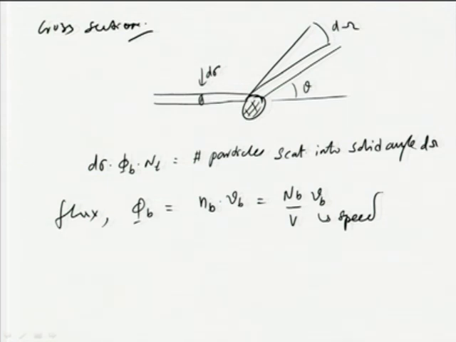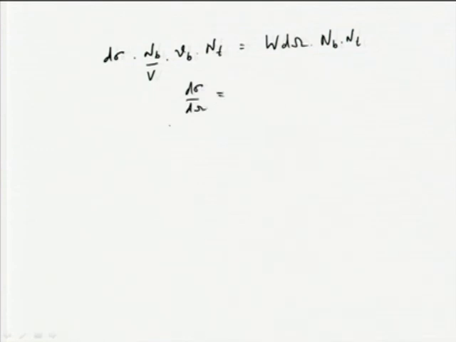And this Nb is what we had defined earlier. So this now tells you that d sigma times flux Nb by V into Vb into Nt is equal to the number of particles scattering into solid angle d omega, which is W d omega Nb Nt,